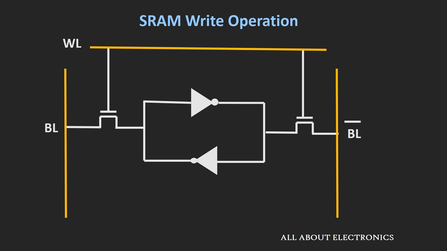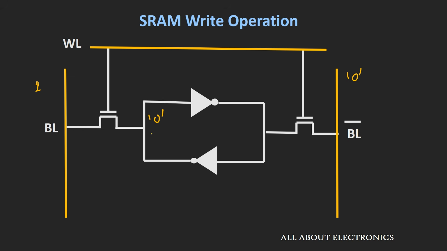Similarly, let us see how the write operation is being performed. So during the write operation, whatever voltage we want to write on this inverter pair, we need to apply that voltage to these bit lines. So let us say we are applying a logical 1 to this bit line, and the initial bit that is being stored inside this inverter pair is logical 0. So at the bit line bar we will apply the logical 0. So now whenever we turn on this pass transistor, then the bit line voltage will be applied to this inverter,